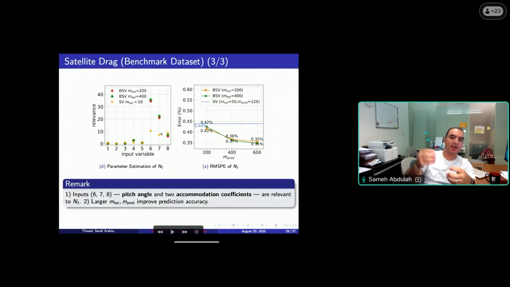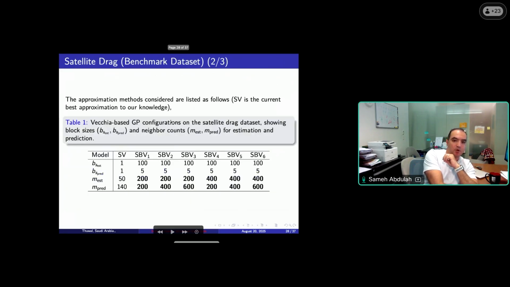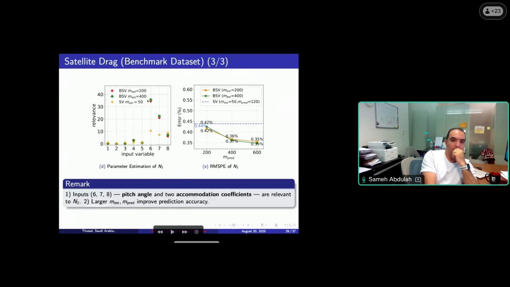When you have satellites in space, there are some variables that impact these satellites and drag them to north, east, west, and usually they simulate this offline, so they can understand what will happen in space. So we have here 8-dimension input with different species,